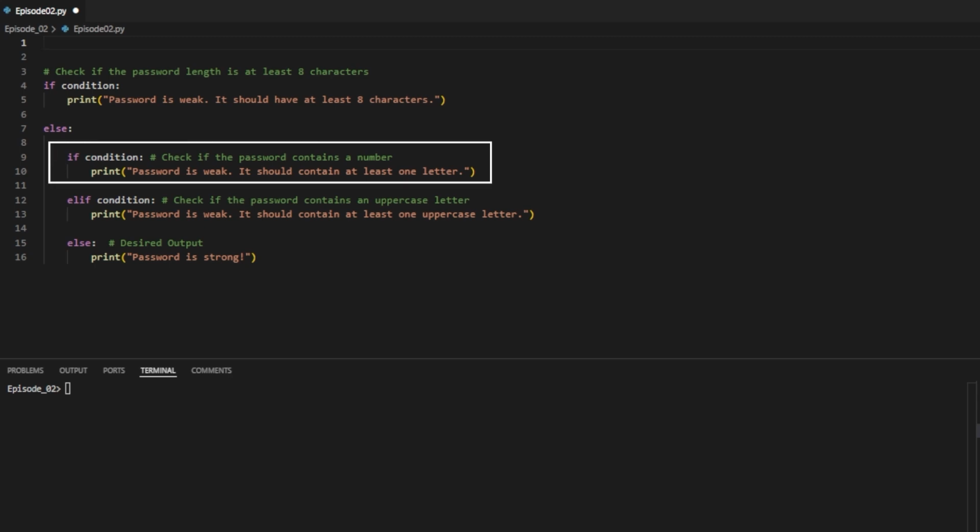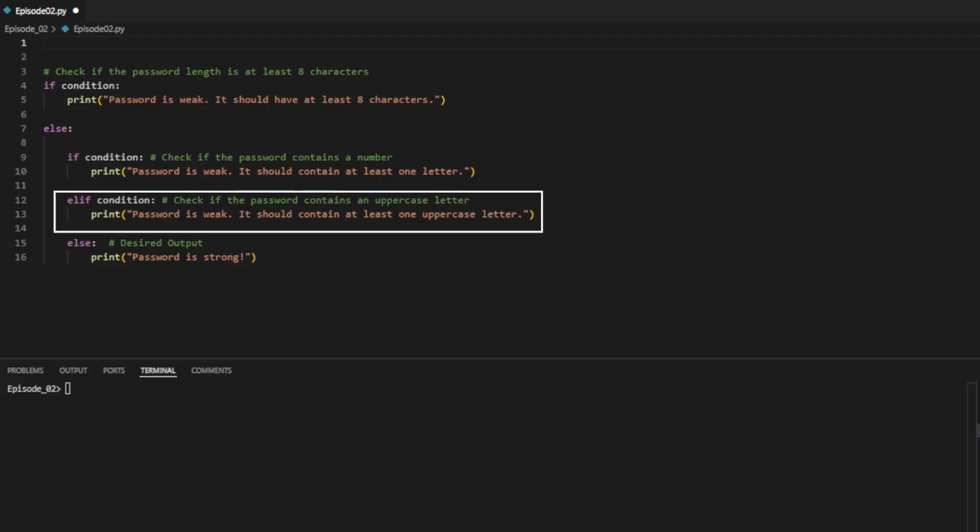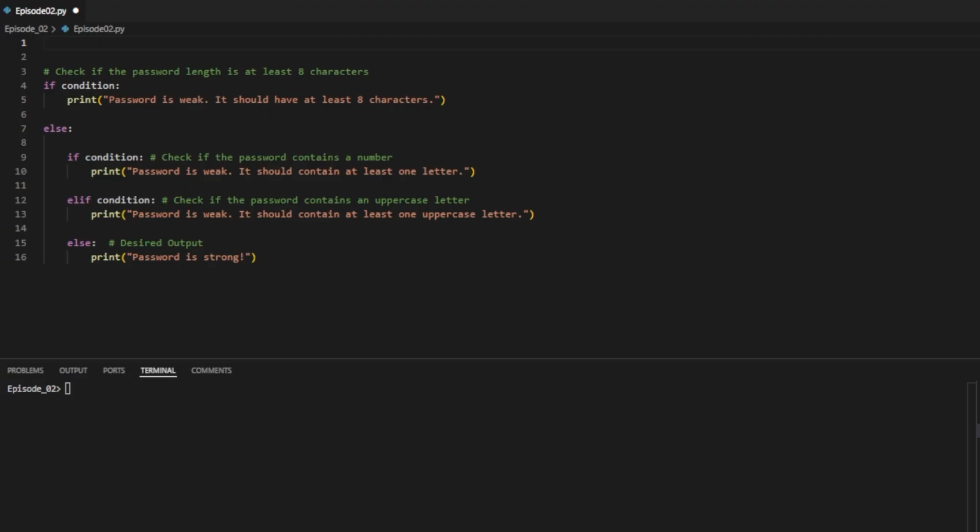First, it checks the if statement again. If true, it ends there. If false, it moves to the elif, checks that, and if that's also false, it goes to the final else block. Before we dive into our example, it's important to remember that nested conditions can appear not just inside the